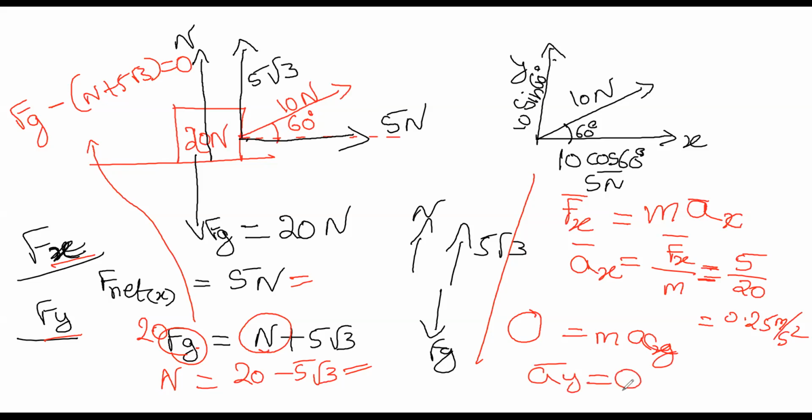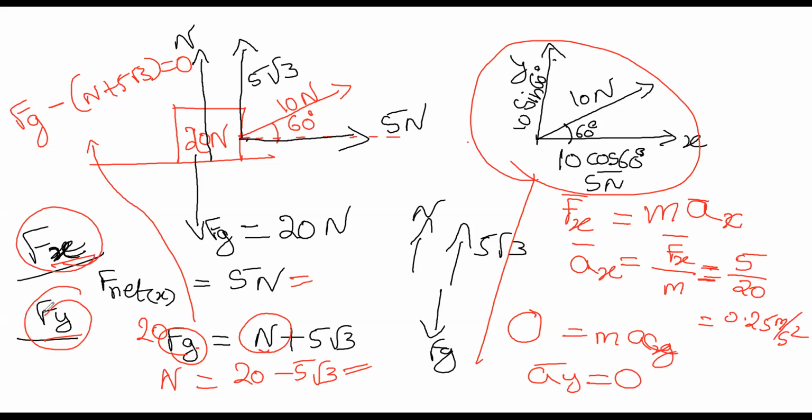Now this question. Understood this one, right? There is nothing difficult in this. So first of all, what you have to do, you have to analyze the given diagram. When they give an inclined plane, you have to make it into components. After making into components, you just have to calculate separately: force along x direction, force along y direction. That's it. Then you will get the answer. Now this question.